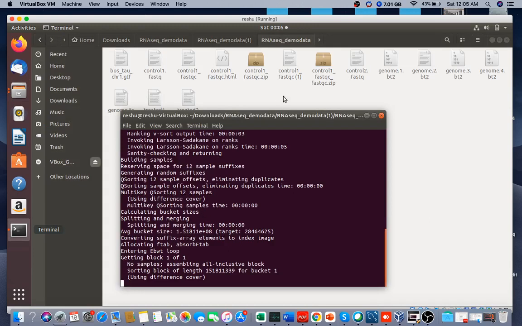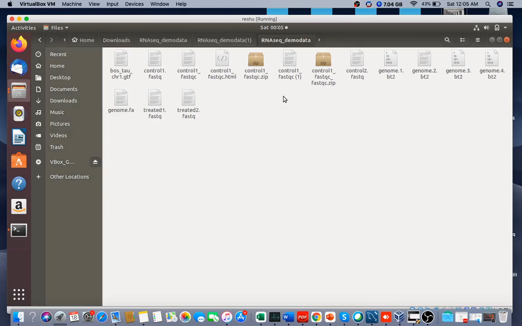So once you build the genome, then you need to use the TopHat command for the splice reads, because there are chances some of your reads may contain sequences for exon 1, and the same read can contain the sequences for exon 2. In that case, the bowtie2-build command cannot work. In that case, we need to use the TopHat command, which is used for the splice reads. For example, some of your reads have overlapping exon sequences. In that case, we will use the TopHat command. So let's see.